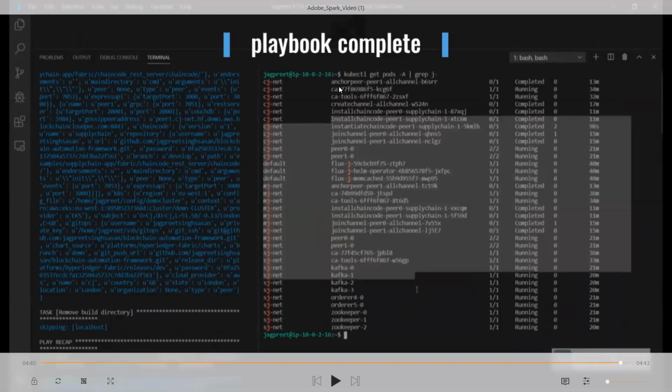Anyways, for each namespace, CJ is one namespace, MJ is one namespace and SJ is another. So SJ is the first, the order organization, which is hosting these orderers and Kafka and Zookeeper nodes, and also the CA tools. And then CJ is hosting 2 peers and MJ is hosting 2 peers. And then for each of them, we also have the anchor peer was updated, the channel was created, and the